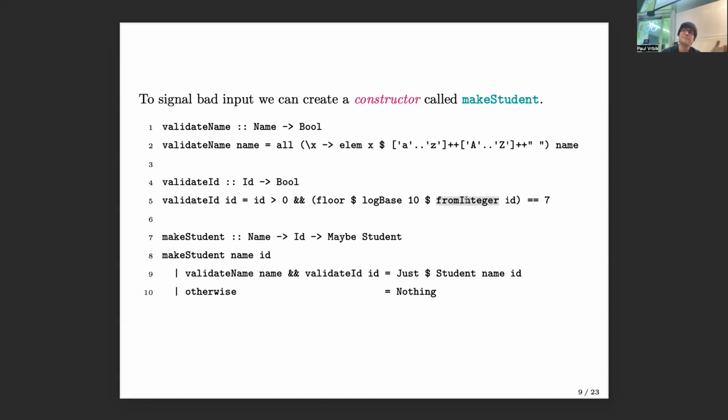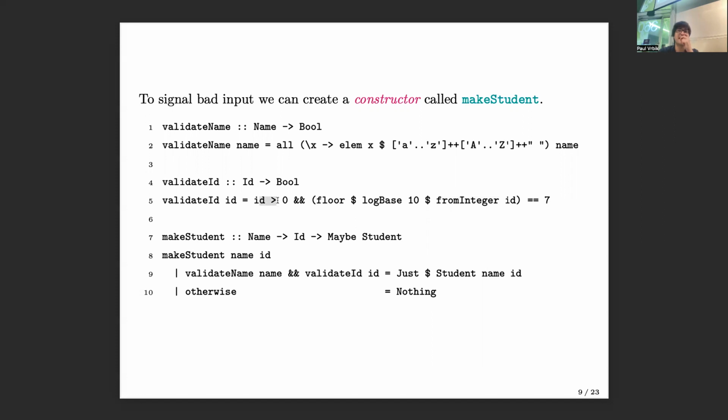So if you ever have difficulty applying some of these base operations like logs or lons, just be careful about its type. You have to sort of move up to a number by using this fromInteger. But in any case, it's very easy to see that